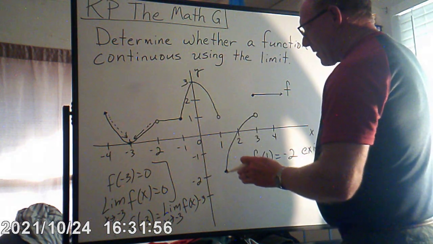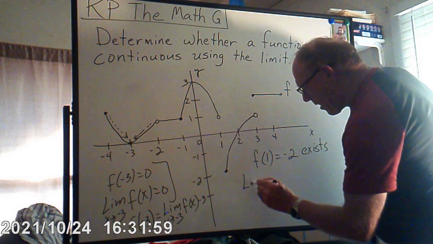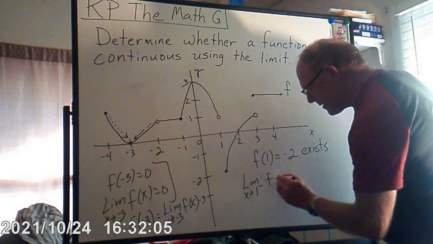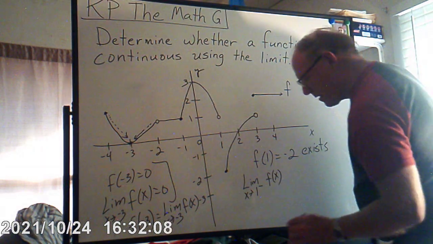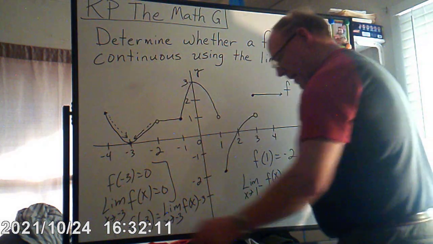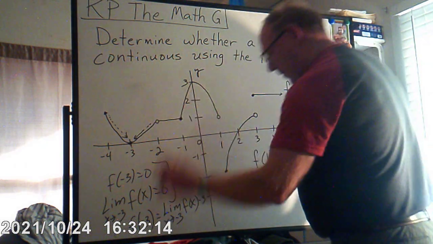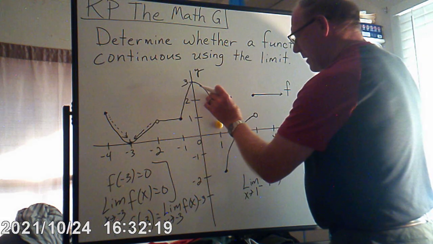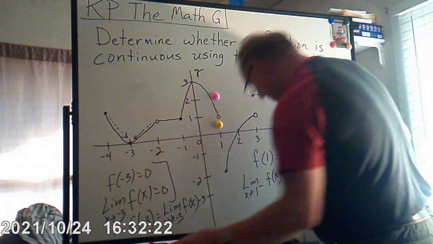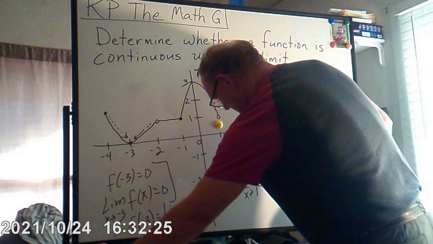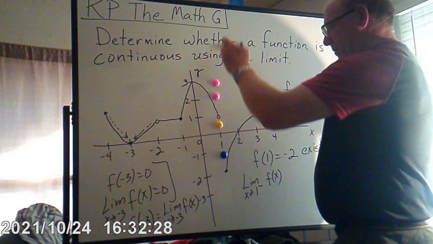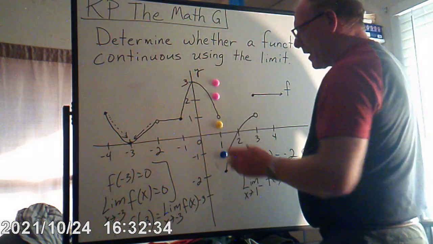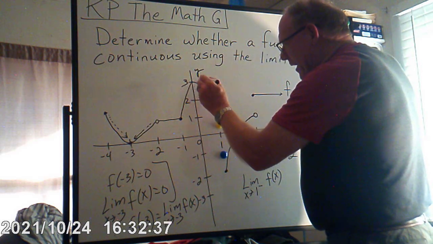Now, let's look at the limit as x approaches 1 from the left. Okay, 1 from the left. And again, if we look at it from the left, I'm just going to see if I can put together an imaginary line here, down here. From the left side of this imaginary vertical line, this side here, we have